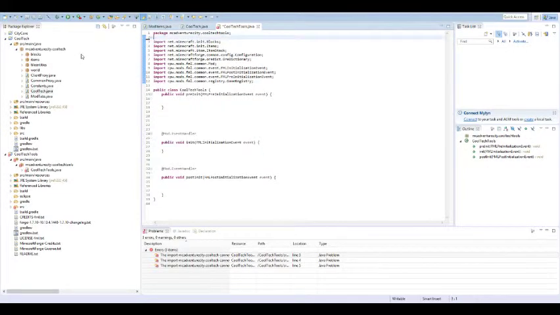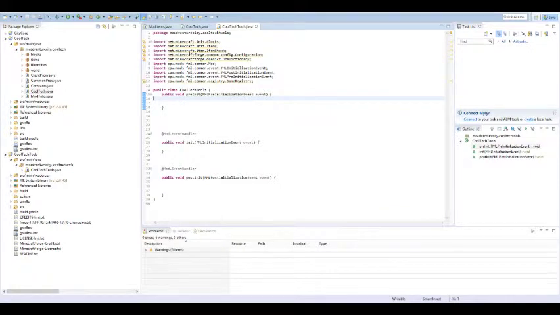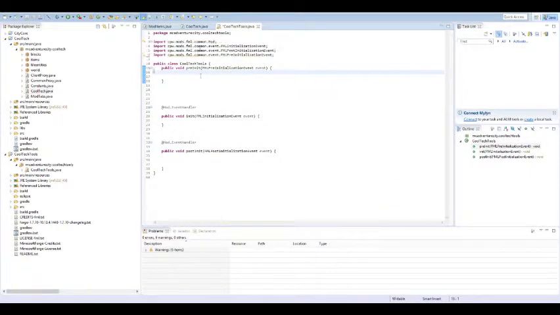Get rid of those things. There we go. Those are from the maker, I don't want that open. And then there's